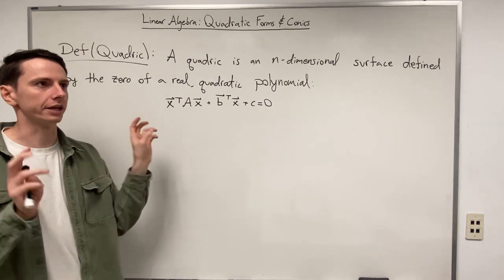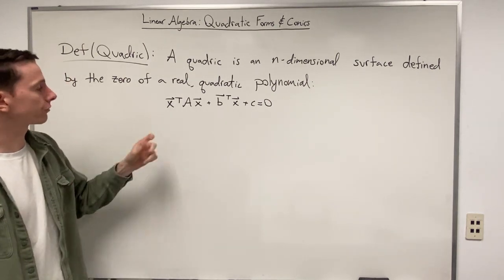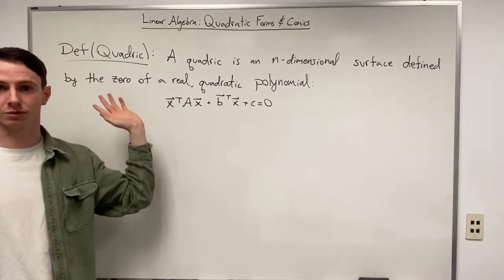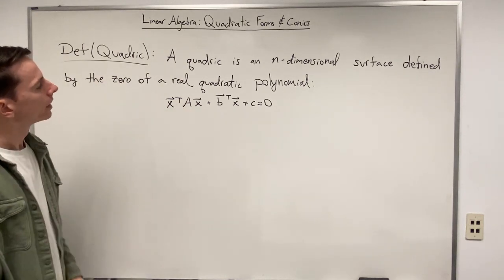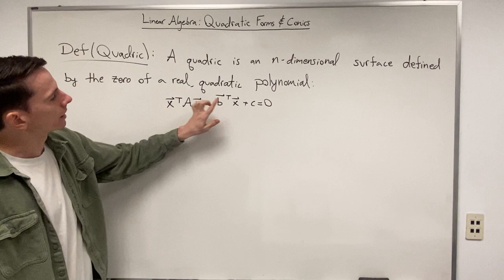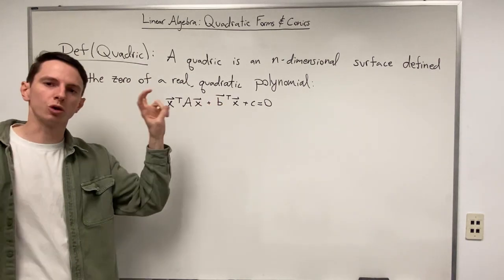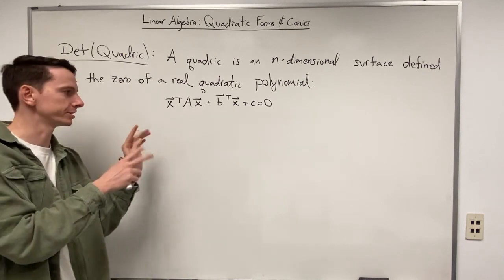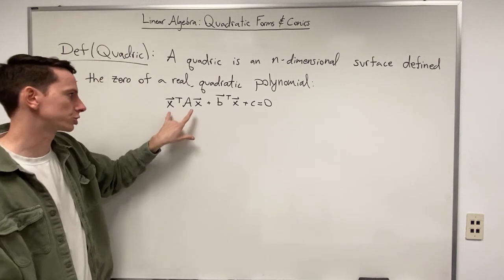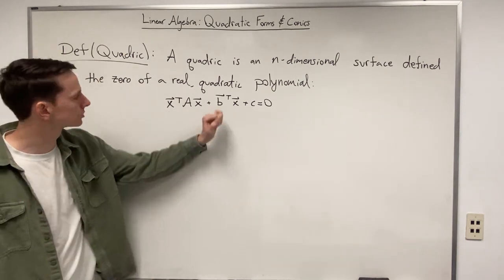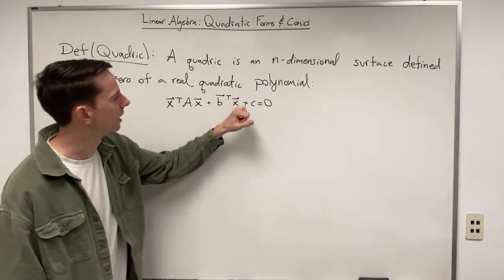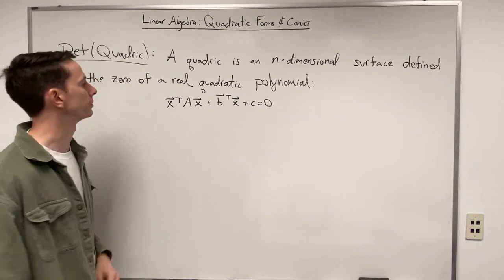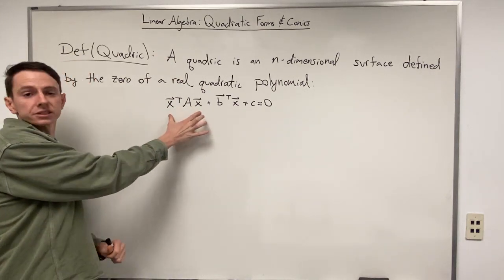Or I shouldn't say it is, because a quadratic form is specifically a real symmetric matrix. A here is just any arbitrary m by n matrix. Then we also have a term that is quote unquote linear in the vector x. There are two factors of the vector x here, so I'm calling this quadratic in the vector x. This would be linear in the vector x. And then c is just going to be some scalar quantity,